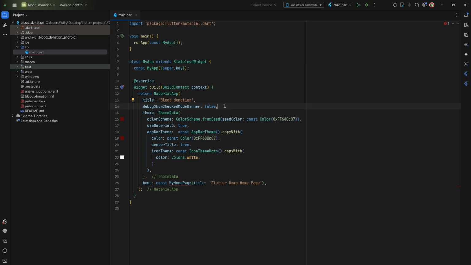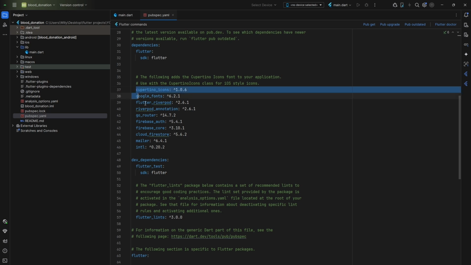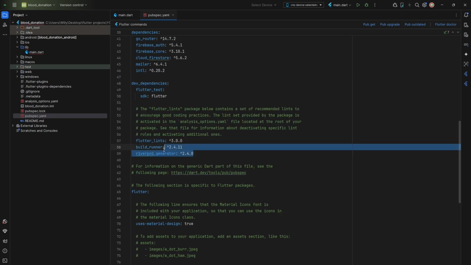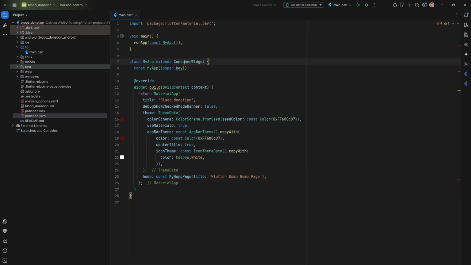So we are going to use Go Router for navigation in this application. All right, so to do that, we are going to install the Go Router package. Just install packages that I need for this project. We now need to add one more